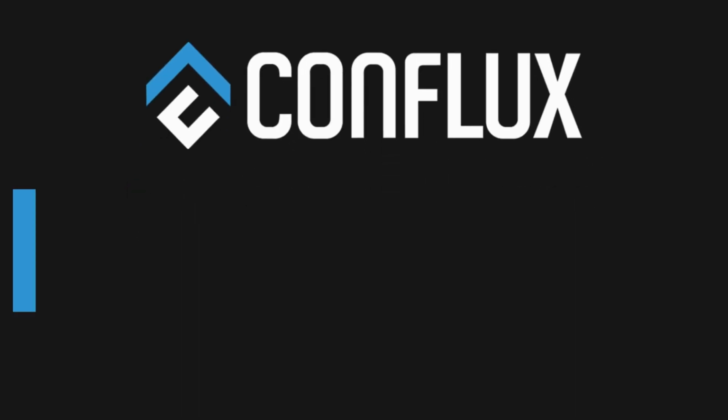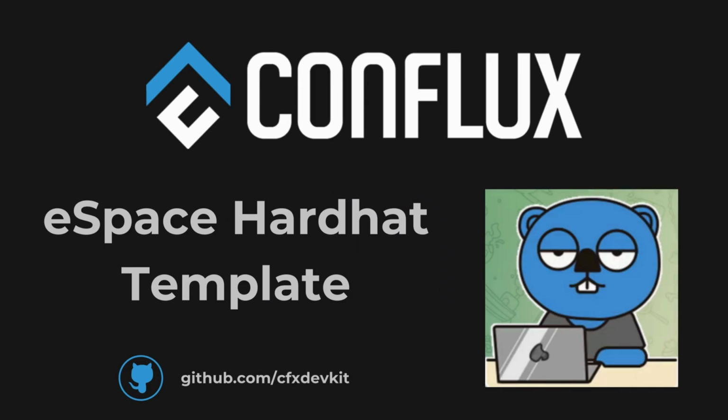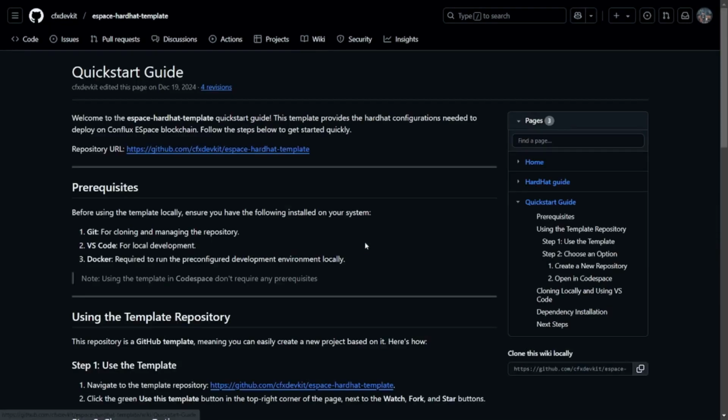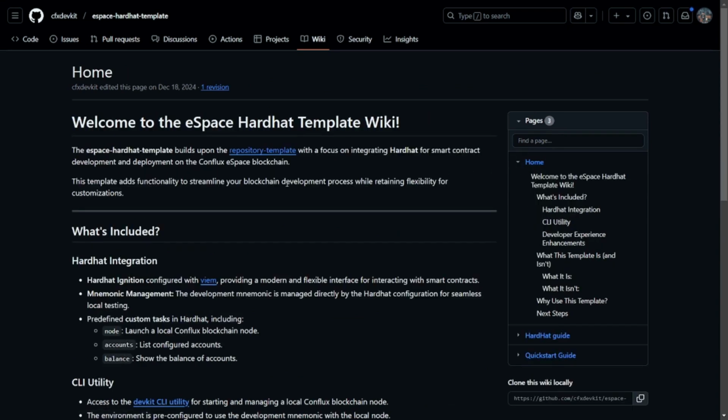In this video, we will explore the eSpace Hardhat Template, designed to simplify the development and deployment of smart contracts. The eSpace Hardhat Template is a fully configured environment that includes pre-configured tools, wallet management integrated into the Hardhat configuration, predefined tasks, and the DevKit CLI utility for managing a local eSpace node and wallets. This template provides tools and flexibility to customize your project, making it easier to deploy and test contracts on Conflux